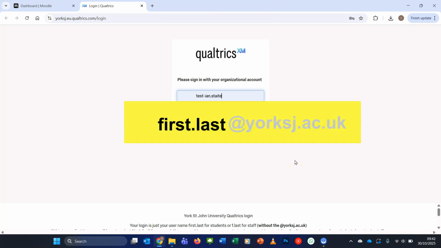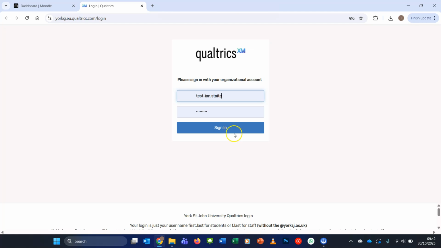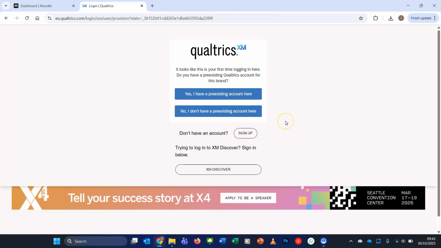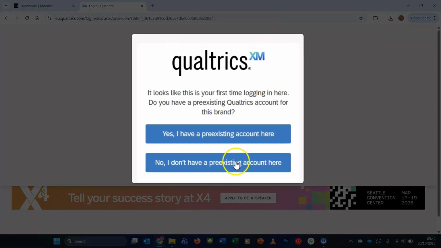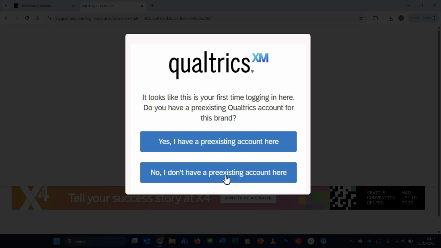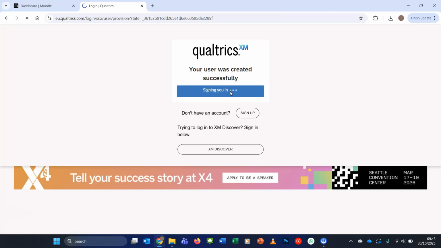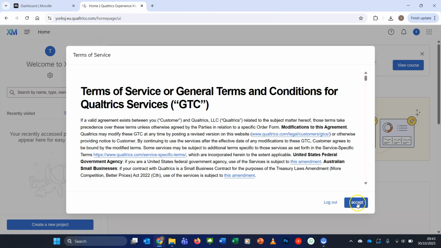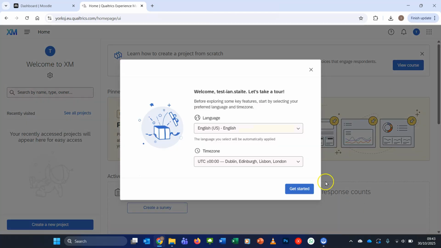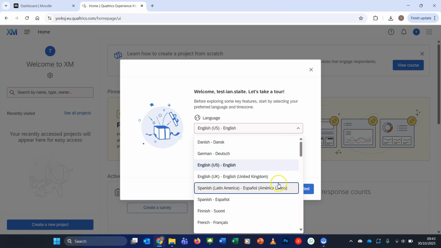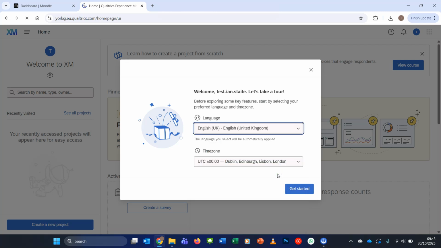Your login is just going to be the name part of your email address, so without the @yorksj.ac.uk, but use your usual password. When you sign in for the first time, you need to say, no, I don't have a pre-existing account here. Unless you're an existing Qualtrics user, this will be the one to go for. Click sign in. You have to accept the terms and conditions, and you can change the language to UK English